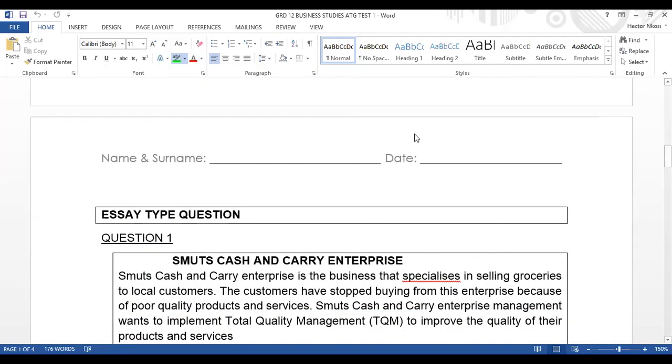Now, your assessment has your name and surname and the date, basically, right? And you were told that this is an essay type question. Normally you get this in section C of your question paper. And remember, grade 12, this year it's your first time where you're having your paper 1 and paper 2. So you need to know what falls in paper 1 and also what falls in paper 2. Back then, from last year going downwards, there was just 1 paper for business studies, but now we have implemented 2 papers for business studies.